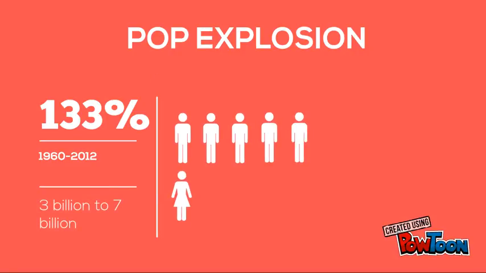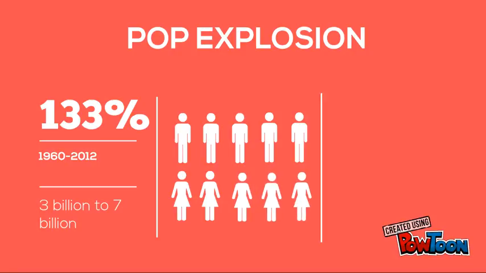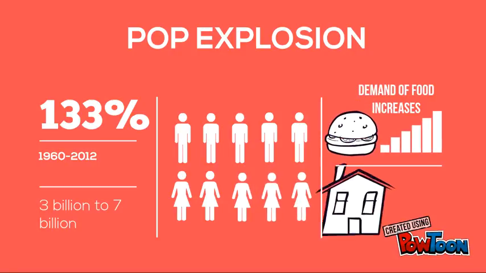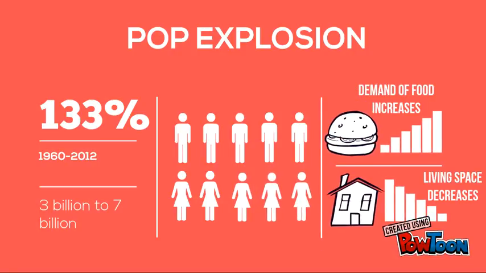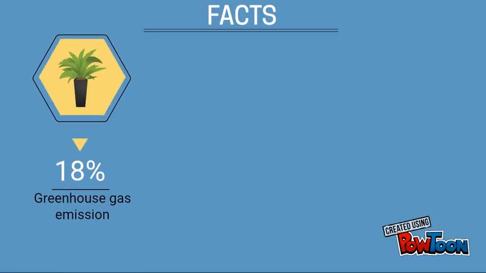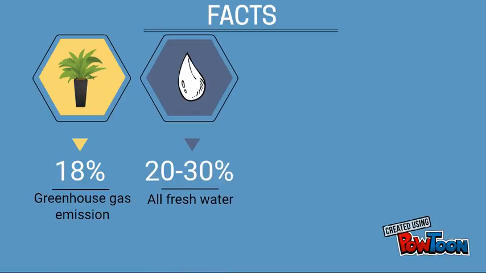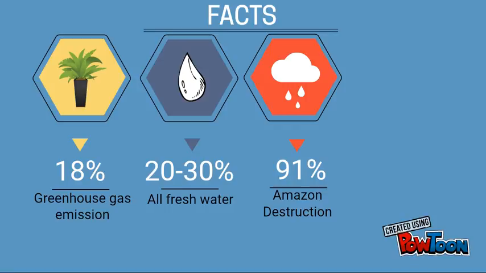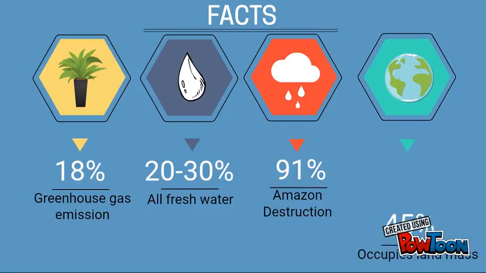Census Bureau. This increase in population has caused deforestation to make way for grazing lands for domesticated agricultural animals, which is a huge cause of loss of habitat for all living beings. Animal agriculture accounts for 18% of the world's greenhouse gas emissions, 20 to 30% consumption of all fresh water, has contributed to the destruction of 91% of the Amazon, and also grazing lands account for 45% of all occupied land